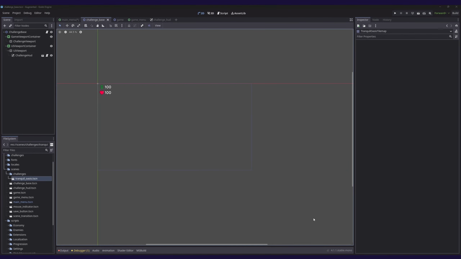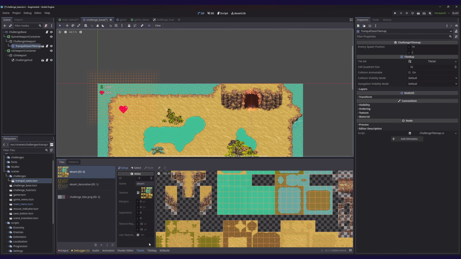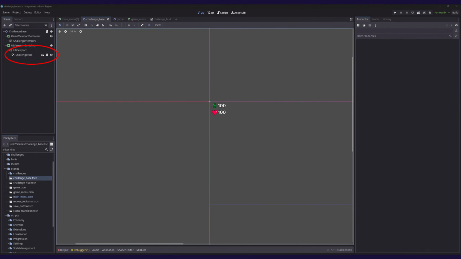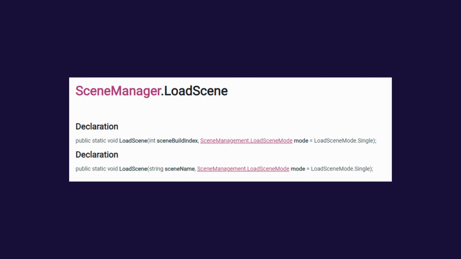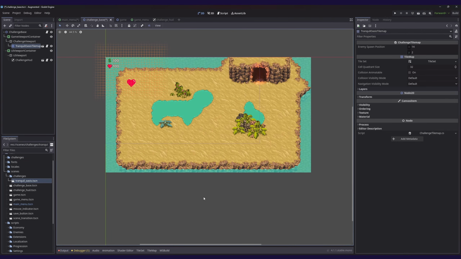What I also really enjoy is scenes. In my opinion, Godot's multi-scene workflow is far superior to Unity's, as it allows you to combine scenes without code. In Unity, if you want to load multiple scenes, you have to do that through code. Godot's scenes can also be nested, which is extremely handy.